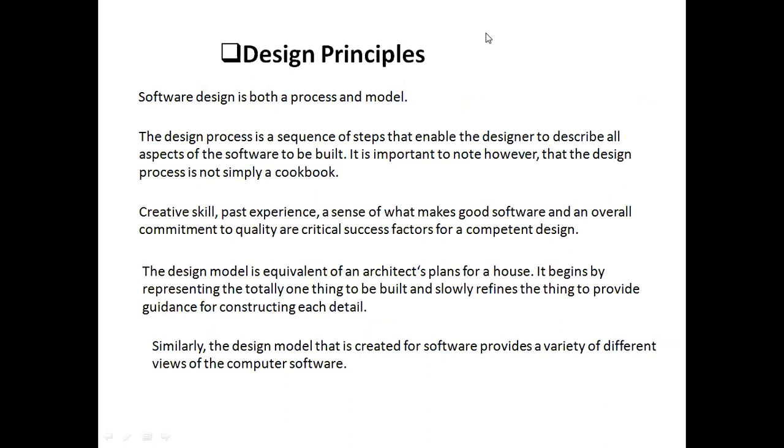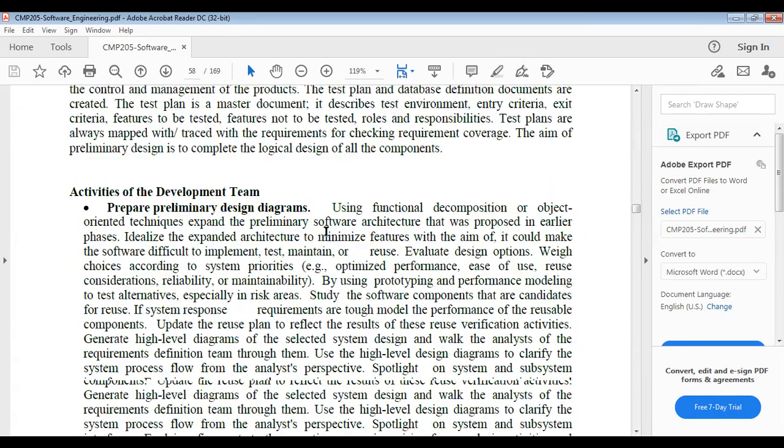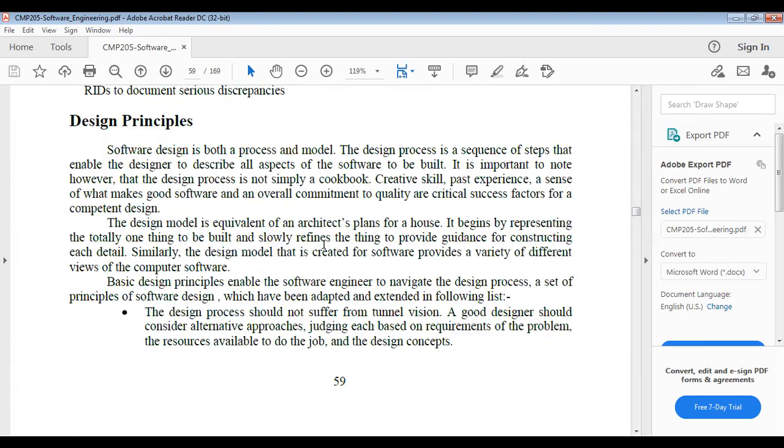Next point is design principles. Okay. Software design is both a process and a model.